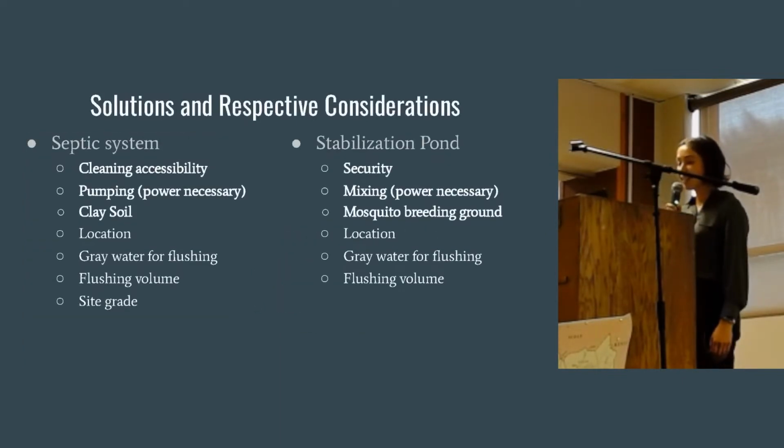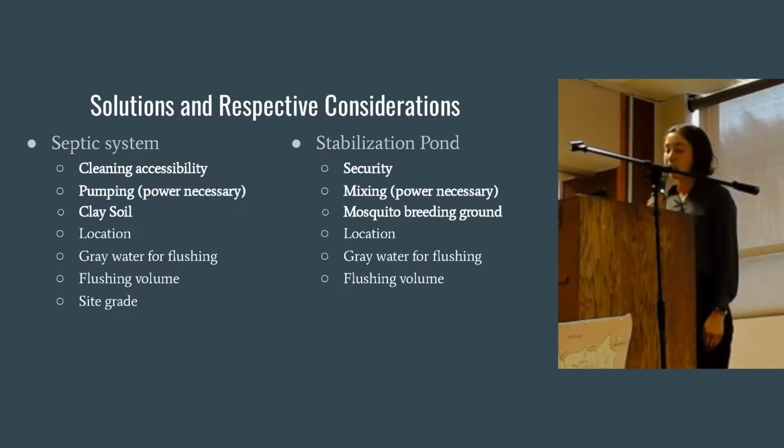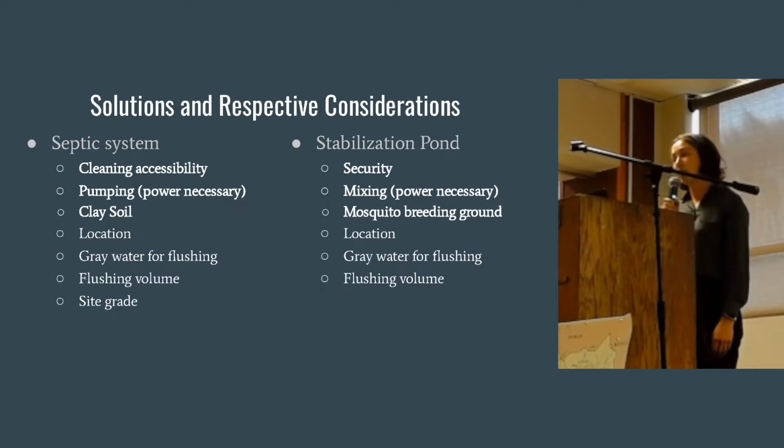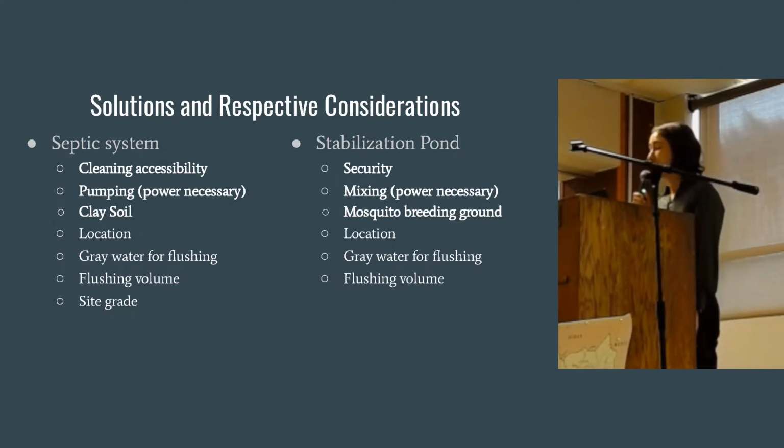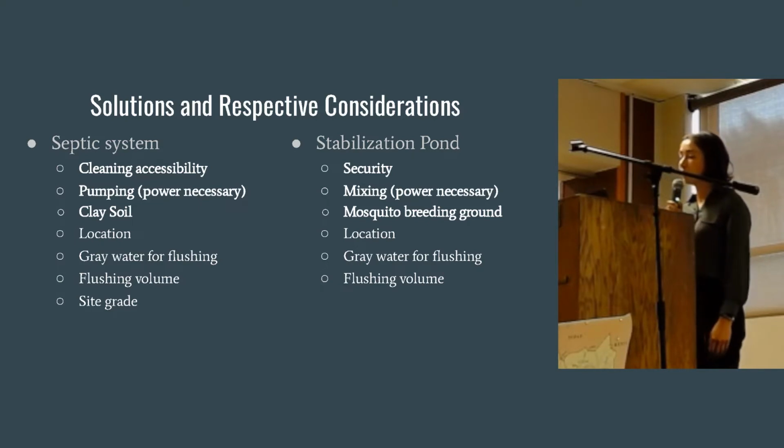So this year we've been looking into a few alternatives. We're not exactly sure which one we're going to be able to install yet. Our next trip is an assessment trip in order to talk to the community and also just see what's feasible. So one thing that we've been looking into, and what we're most likely going to be installing, is a septic